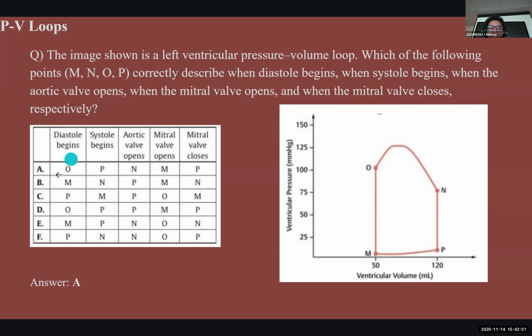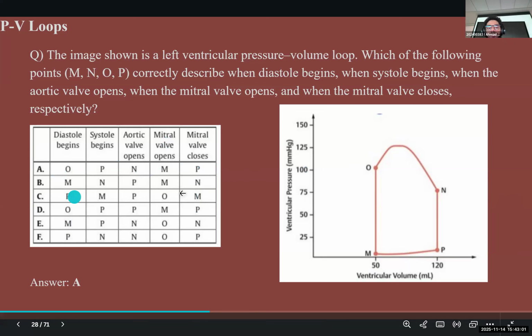Looking at the options, we're left with option A. But that's the beauty of these questions. Even if you're not sure, for example, whether it is A or D, you could still have a better guess compared to the other options, because you could eliminate many of them just by knowing a thing or two.